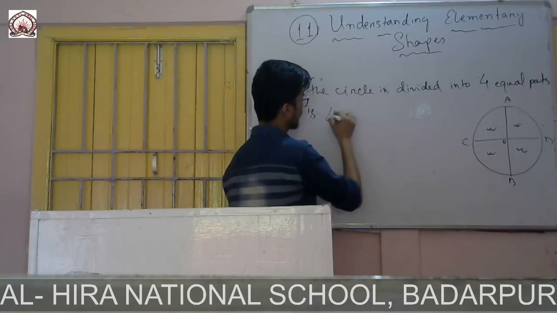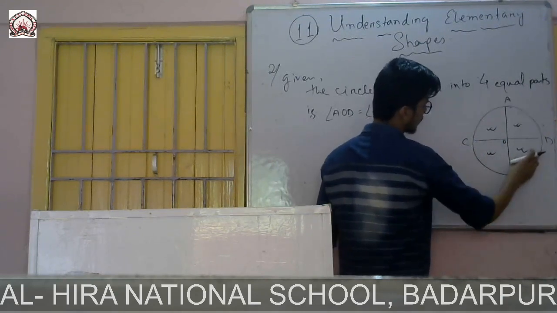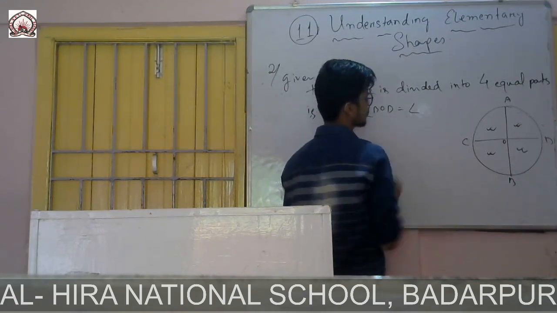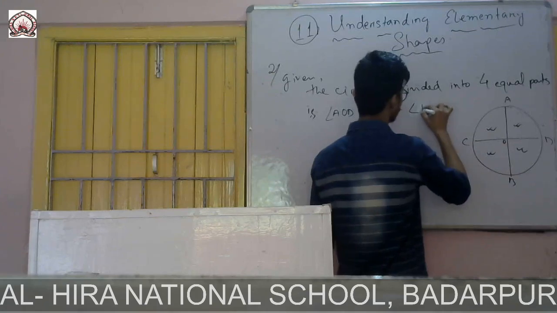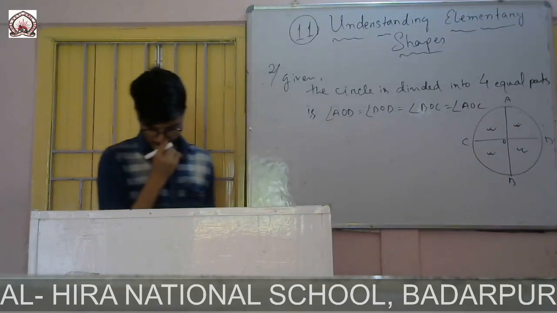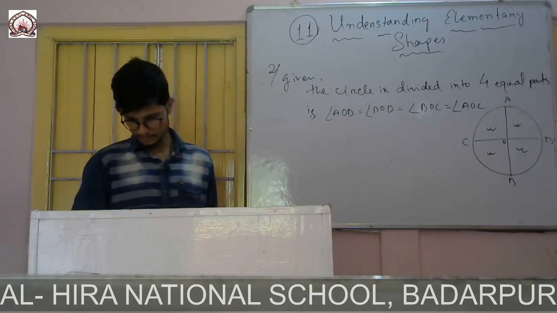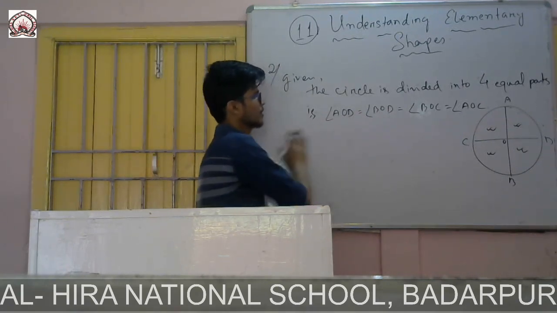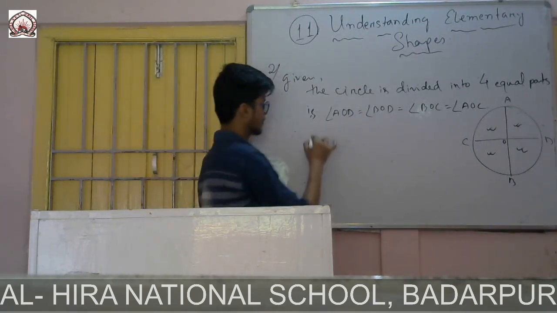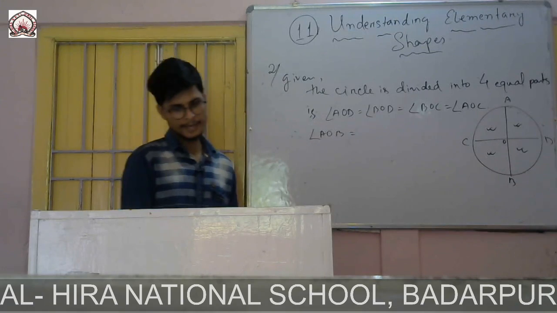So I can write angle AOD equals angle AOD, that means this one. Now I will write this one, BOD equals angle BOC equals angle AOC. AOD equals angle BOC equals angle BOD, then BOC, the given. Okay. So from this, the question is to find angle AOB, that if I find angle AOB, how many times it will be of angle AOC.